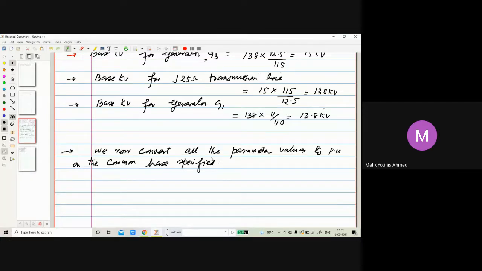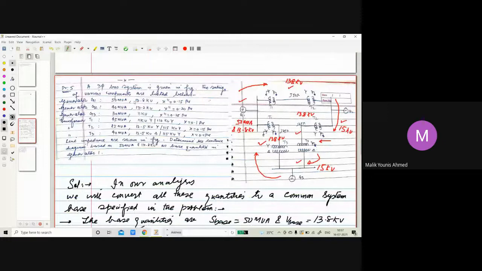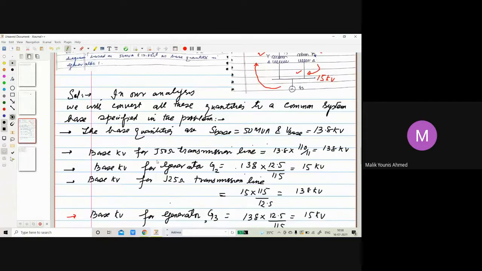Okay, common specified base, that will be xg1. Now let's talk about the reactance of generator one. Now you see what is the old value. You have the data in front of you. What is xg1? So you have old per unit, X double dash, per unit means same as percentage, so it is 0.15. Then S base new you already know is 50. S base old is already 50. Base kV on the generator, V base old, that is 13.8. V base new is again 13.8 whole square. So it will come out to be the same value.